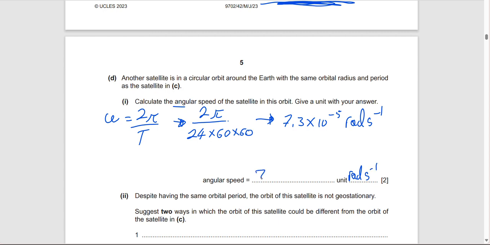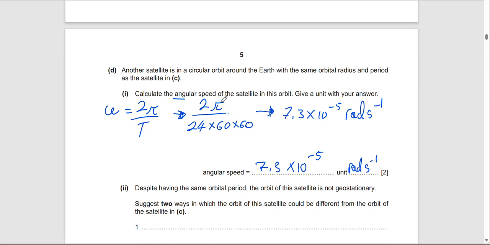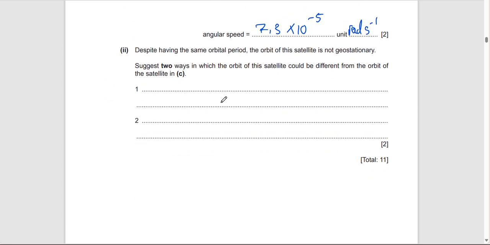Just like that. Right, 7.3. Change the negative 5. Just like that. Next question. Despite having the same orbital period, the orbit of this satellite is not geostationary. Suggest two ways in which the orbit of the satellite could be different from the orbit of the satellite in